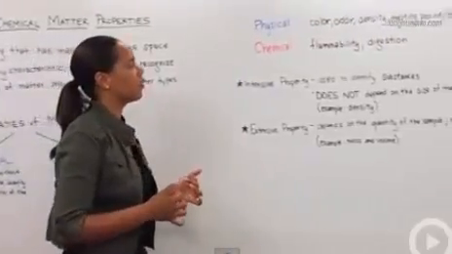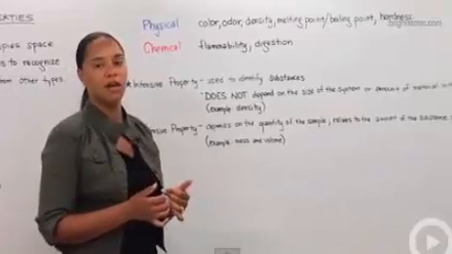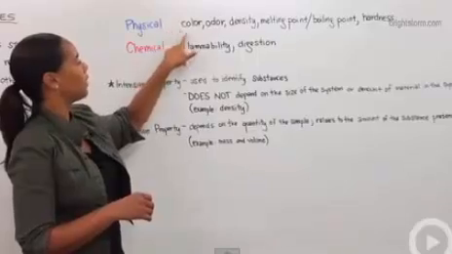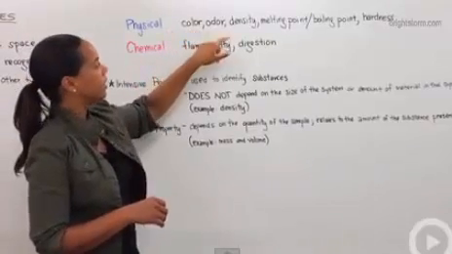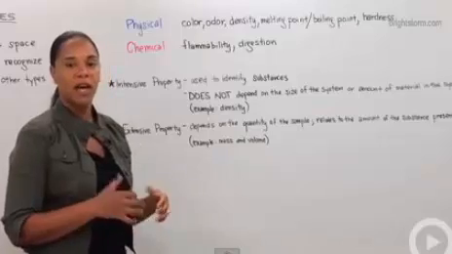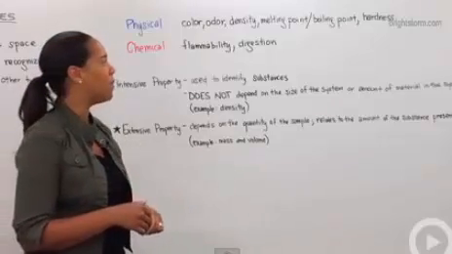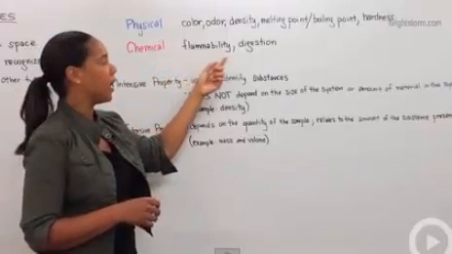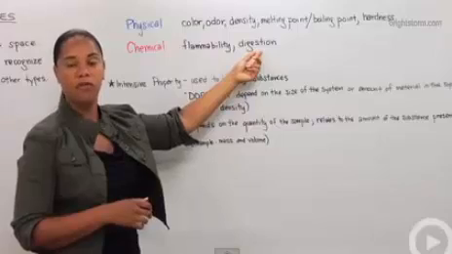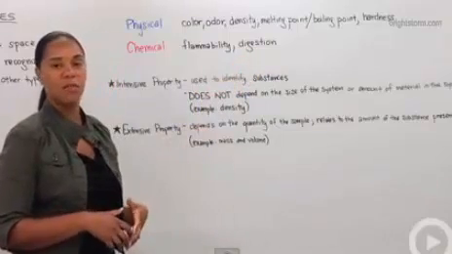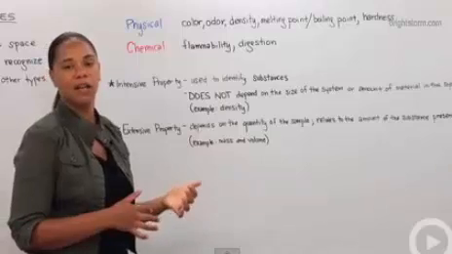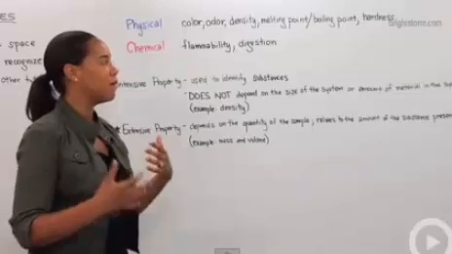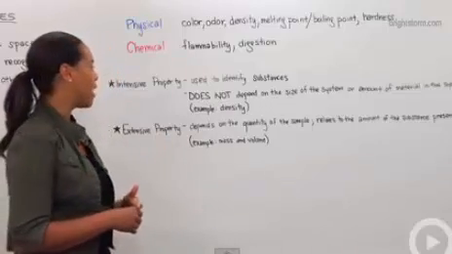So let's discuss really quickly what are some types of physical and chemical properties. Physical properties are things like color, odor, density, melting and boiling point, and hardness, especially if you're talking about a metal. Versus a chemical property is something like flammability and digestion. So when you eat food, how it digests in your stomach. That's the change from a food being solid to you chewing it and then it becoming whatever it becomes in your stomach to become digestible. That is a chemical property of matter.